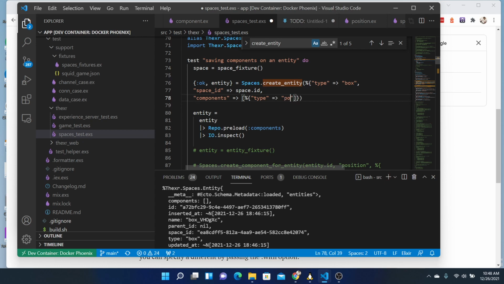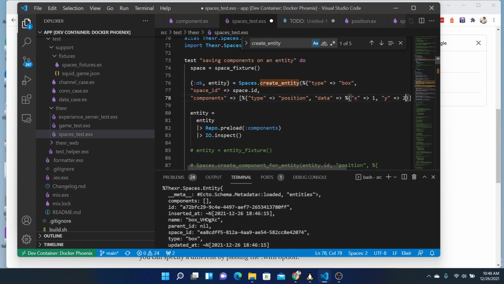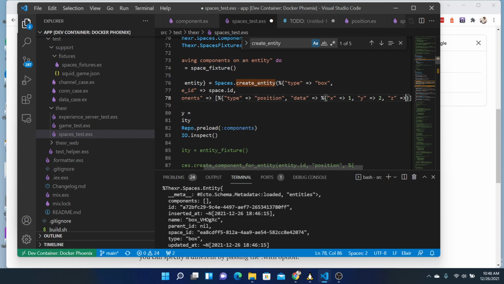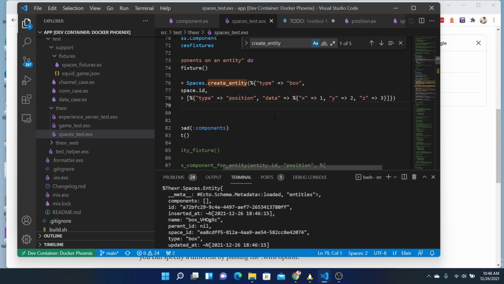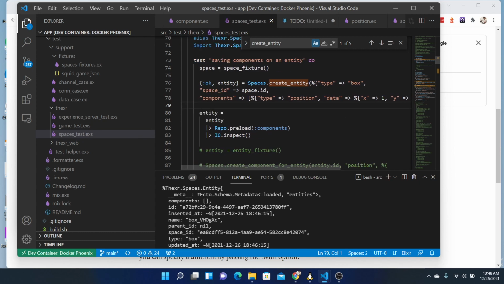So I want to say the type is position, and I want to say the data is X, Y, and Z. Okay, so what happens is it will go through the create entity,